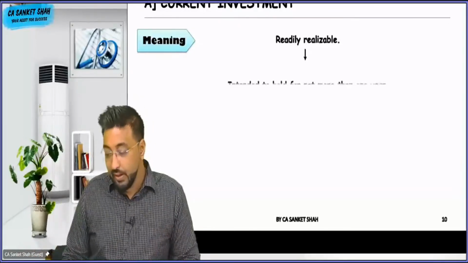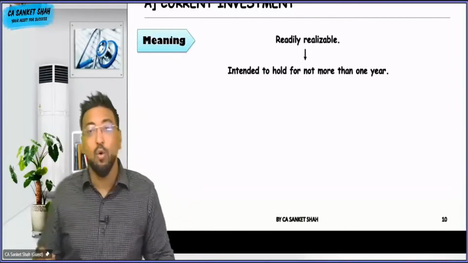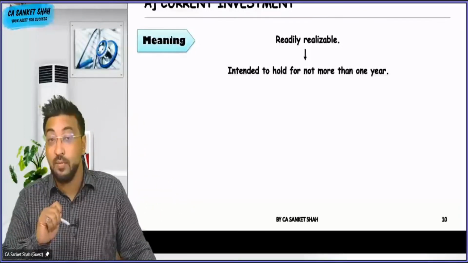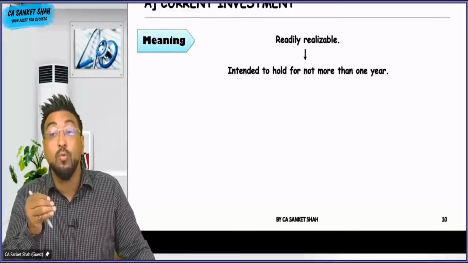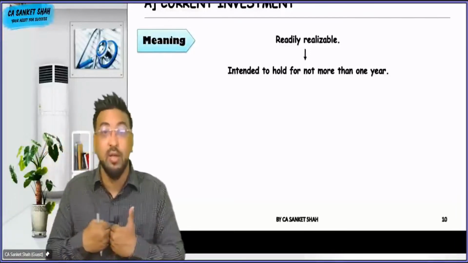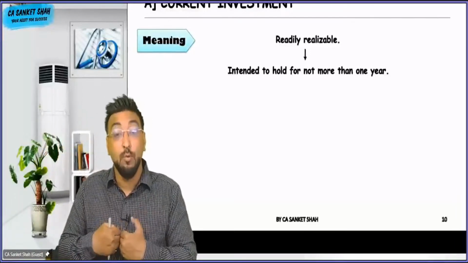Okay, readily realizable, intended to hold. हाँ, पर अभी हुआ क्या बेटा बीच में, it is intended to hold for not more than 1 year. But now my intention is to hold it more than 1 year, which में ना वो गोल्ड कॉइन्स पे ऊपर